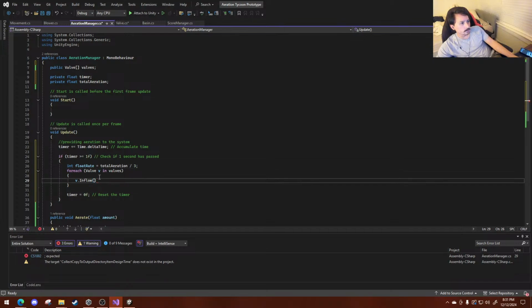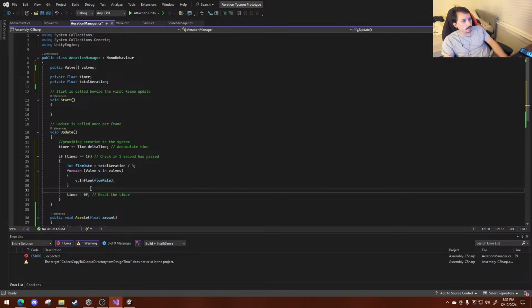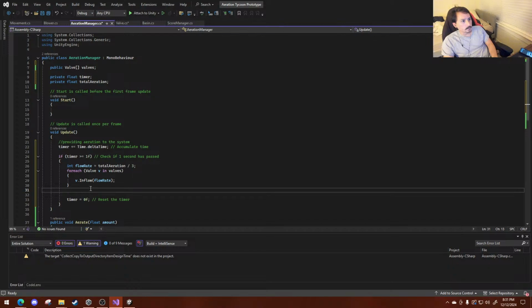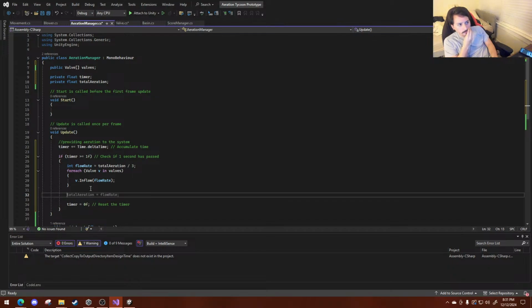And then inflow to air rate, flow rate. Oh, I put float rate. It's flow rate. And then I'm gonna take the total aeration and reduce it by a certain amount. Total aeration minus equals